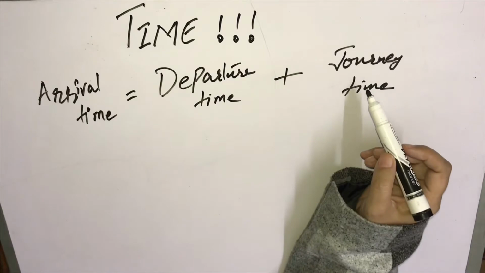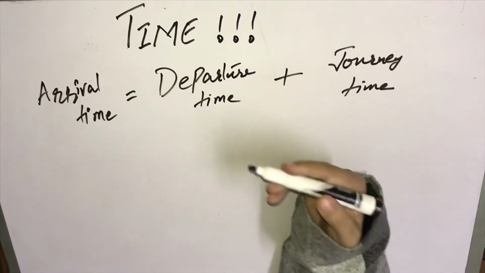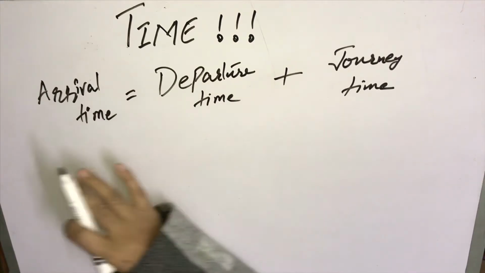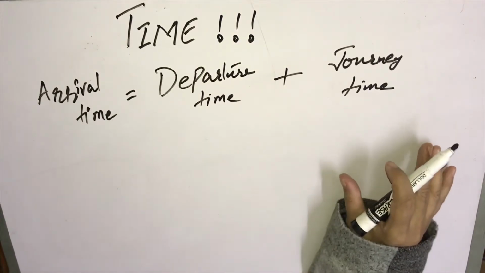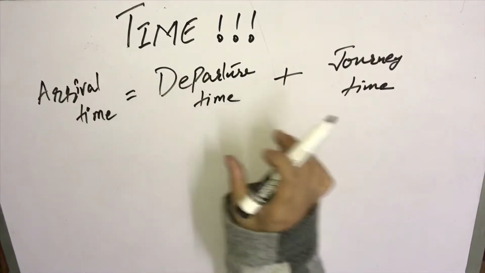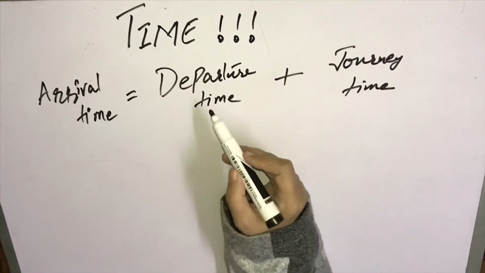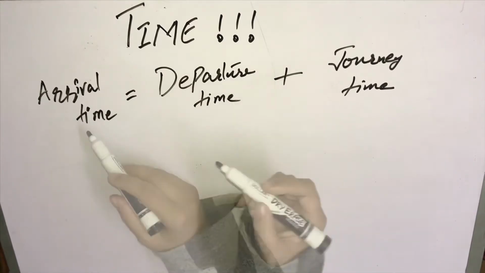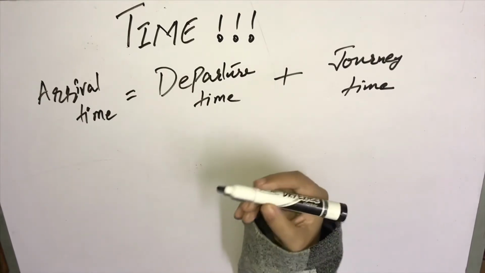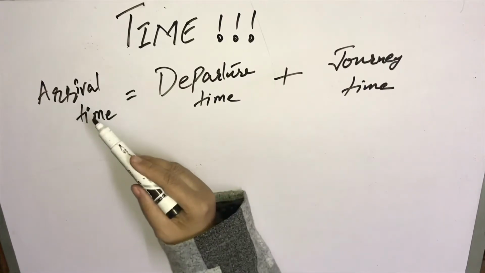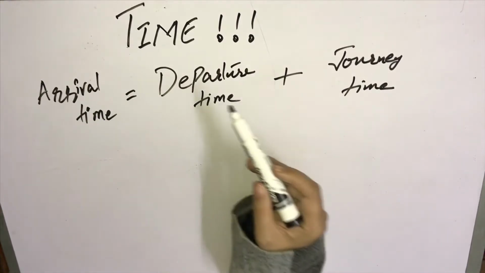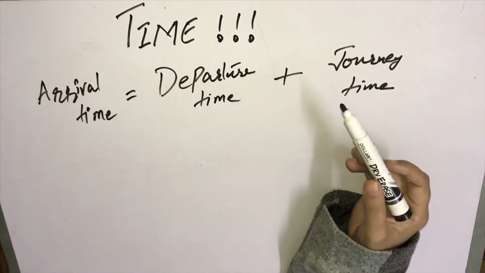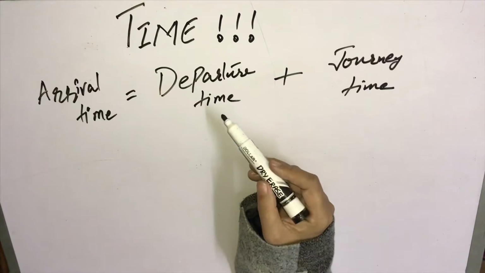Even if our journey time is in hours and minutes, the first 2 digits will be of hours and the last 2 digits will be of minutes. Basically, it's a linear equation. If we have to find arrival, we shall add both. If we have to find the departure time or journey time, we always have to subtract from arrival. The easiest way to learn the formula is, when we arrive, we add departure and journey. Definitely we leave a place, we take some time in journey. So arrival time is always the sum of these two.